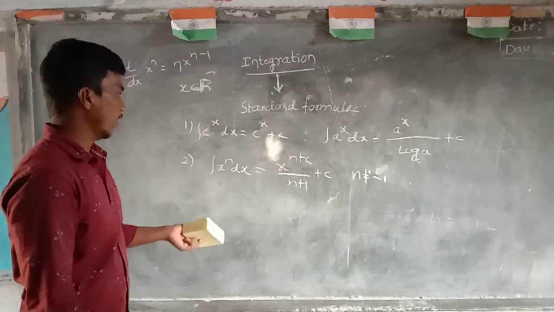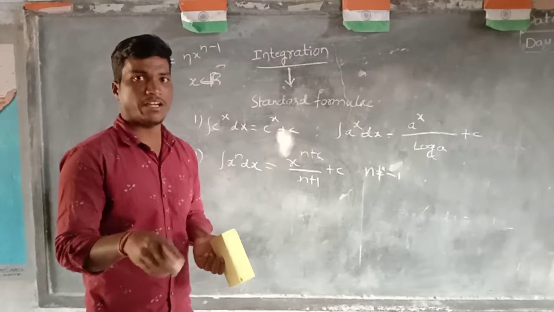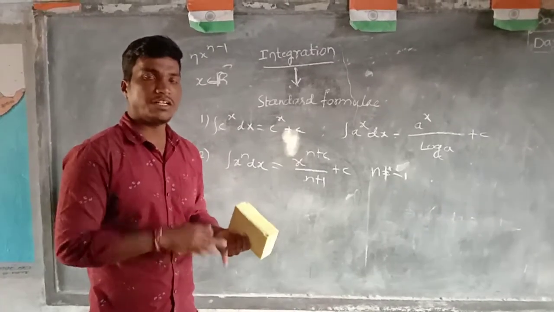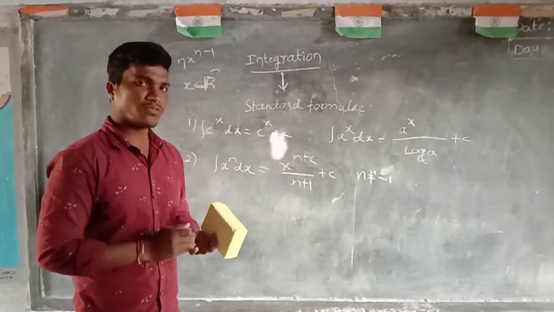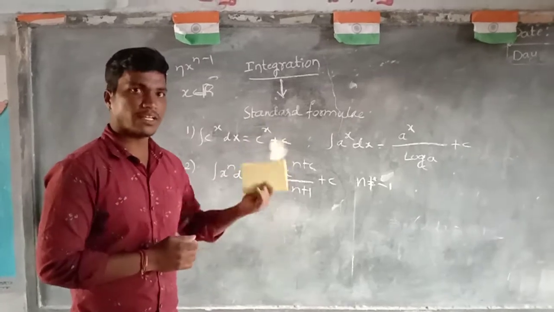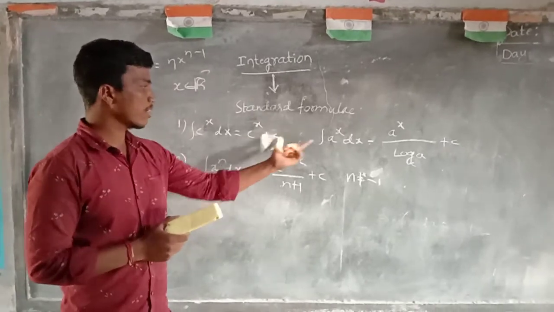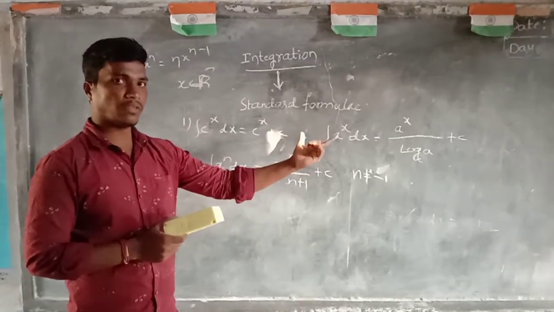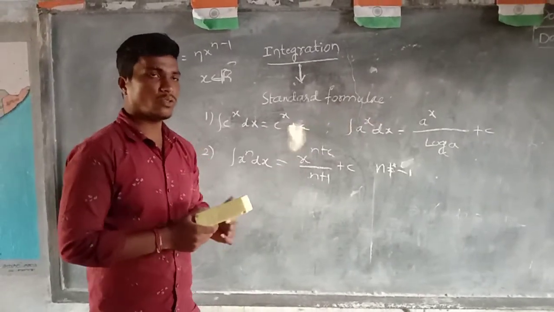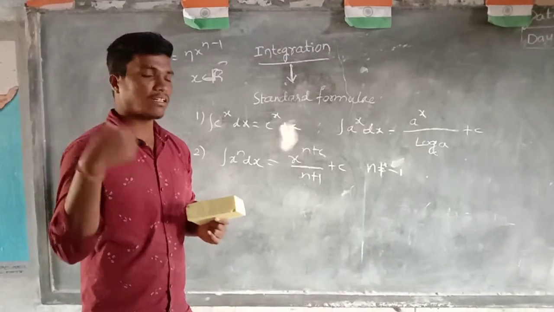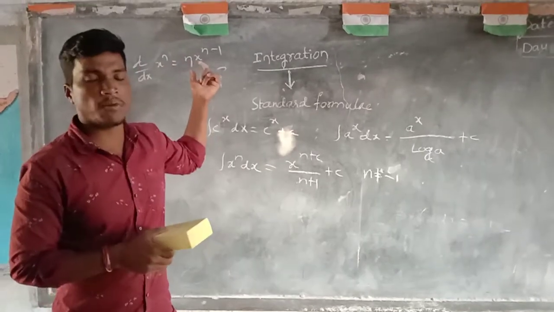This is also important. And we get similar standard formulas: integration of sin x, cos x, tan x, secant x, cosecant x. These are the basic standard formulas. We are well known about that, so I am not repeating them once again. So you see once again the standard formulas, this is the basic difference of these formulas. This one is this, this one is this. We are all well known about that and differentiation formulas also.